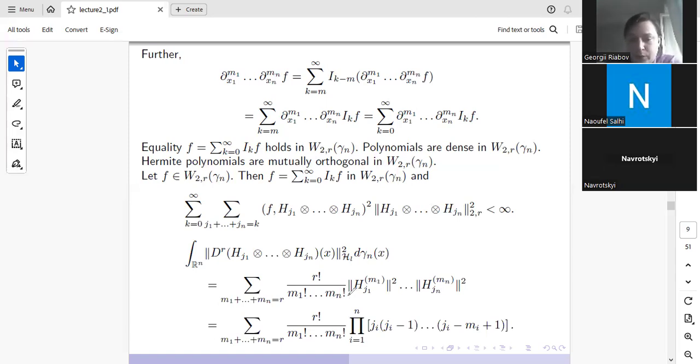So the squared norm of the Hermite polynomial h_{j1}^{(m1)} is equal to the product j1(j1 minus 1) and so on, up to (j1 minus m1 plus 1). Okay, so to estimate it,